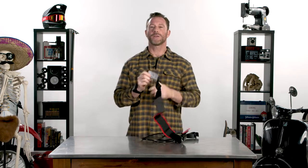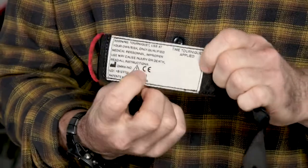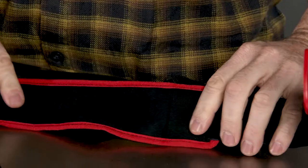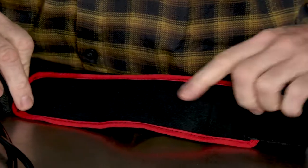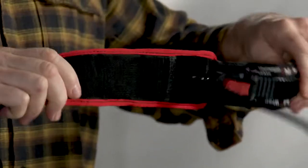On this end here, you've got a spot to write the time the tourniquet was applied, so that's very useful there. You've got the nylon band on this side, Velcro on this side, moving into the 2.5 inch portion, which is non-slip material. So again, you can use this underwater in a marine environment, and it's very handy, very easy to